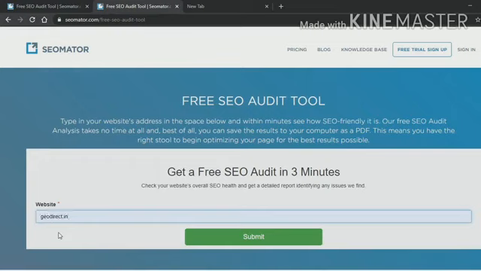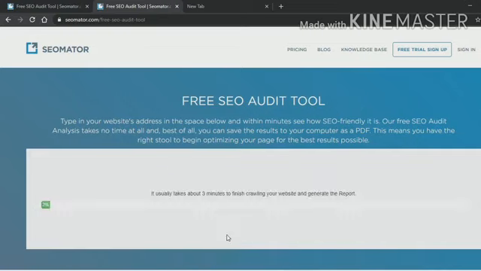So here geodirect.in, this is the name of the website. By clicking on submit, in this way we can check the audit of this website.